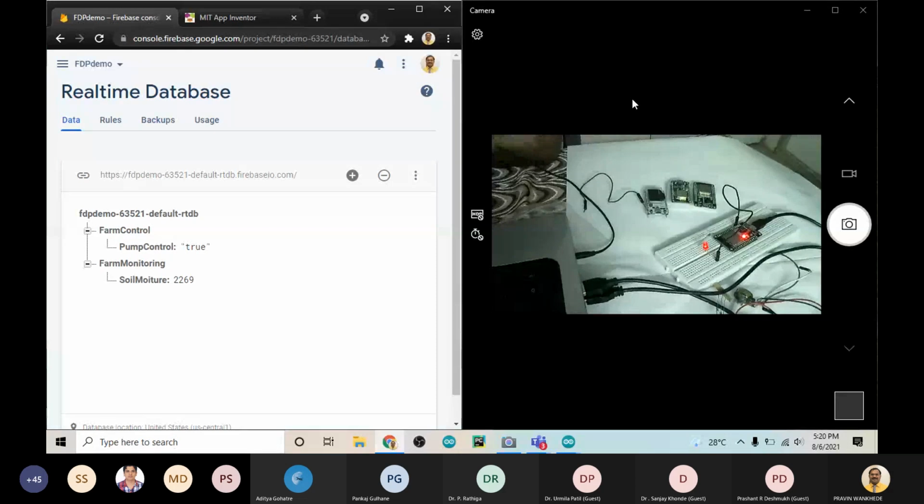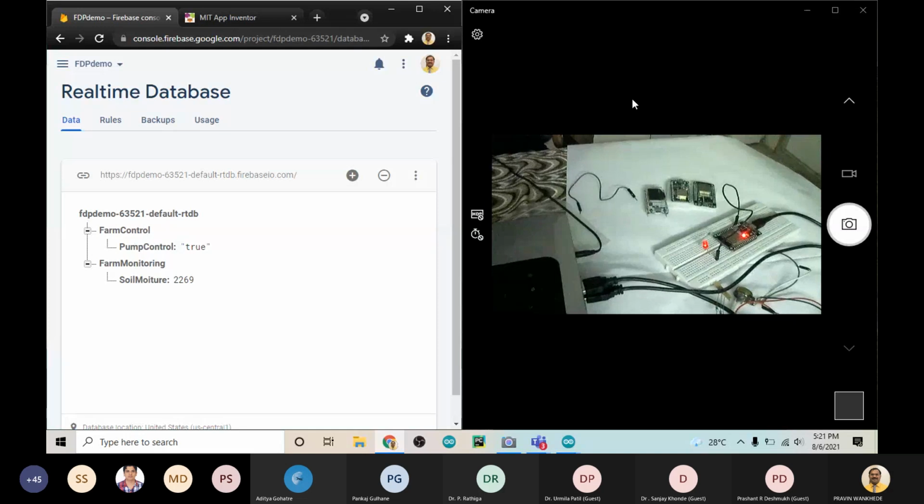There are new models coming up in the market for the ESP32 that come with a camera also. So you can install devices having the camera. Some of the GPIO pins also remain there, so you can connect some output device to that ESP32 as well. So you can receive the camera image frame from the ESP32. You can read it, and depending on that, we can take the action, and we can send that action from your app to your IoT node. So ESP32-CAM is the model which comes with the camera.